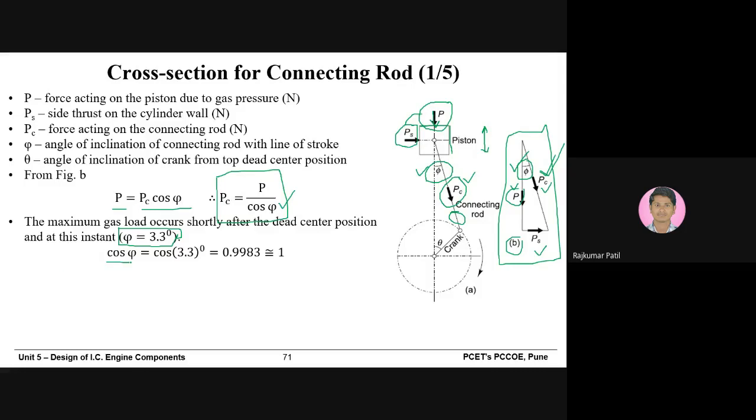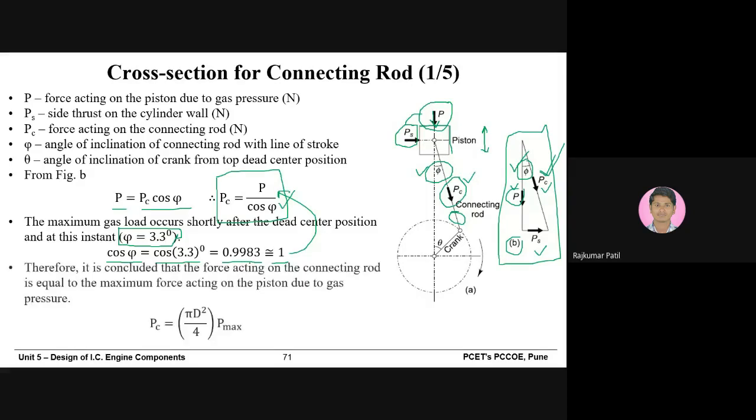So at phi equal to 3.3 degrees, maximum gas force is there. So cos 3.3 degrees is 0.9983, which is very close to 1. So you can put this value in the above equation, and you can see that we can assume that the force which is acting on the connecting rod is equal to the force acting on the piston due to gas pressure,